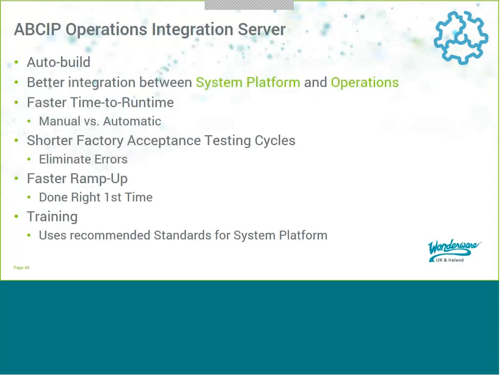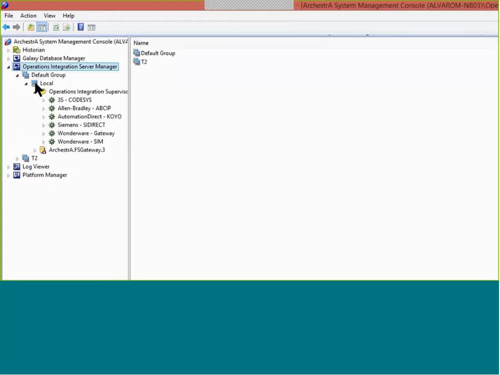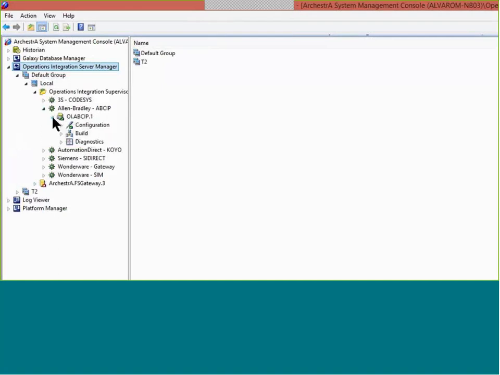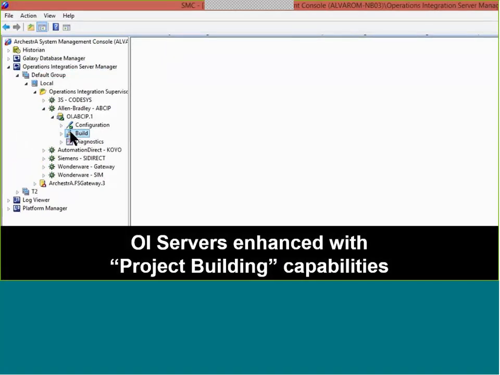And then if we also have a look at the latest operations integration, so with Farrell and Bradley, they've introduced something called Auto Build, and this is a really simplified integration between PLC and system platform. It's a very quick way of getting your PLC items into system platform in a very logical manner. So I do have some videos here again, and I'm just going to show you, looking in the operations integration management interface, there's now a build option, and this will open up a user interface